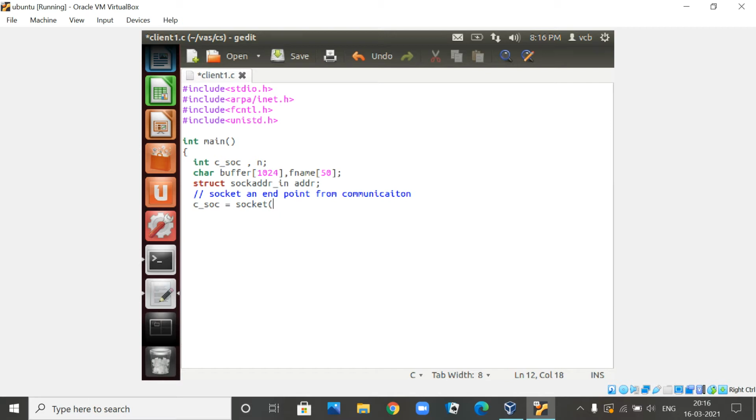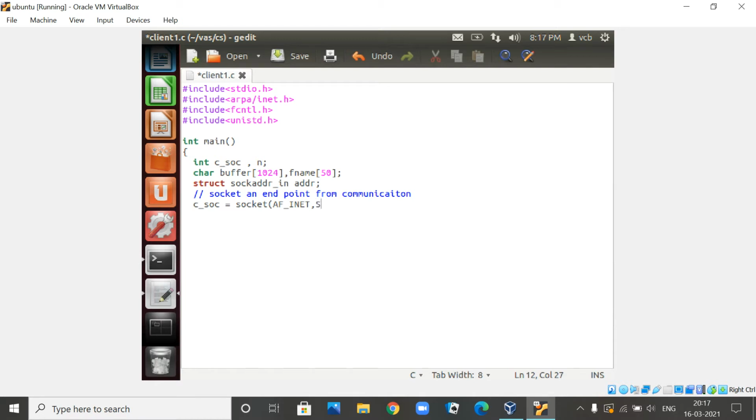Here we are going to use AF_INET, take it in capital letters. This is the internet family. The first argument for this socket is the family you are going to use. If you are very specific about which particular protocol you are going to use, then that argument you are supposed to use here, right?